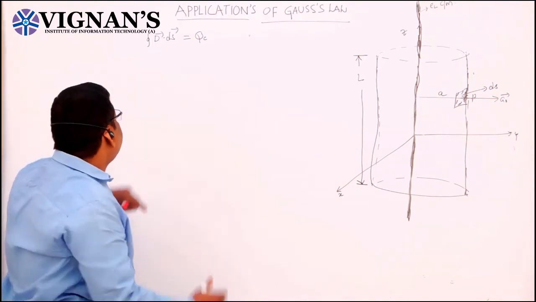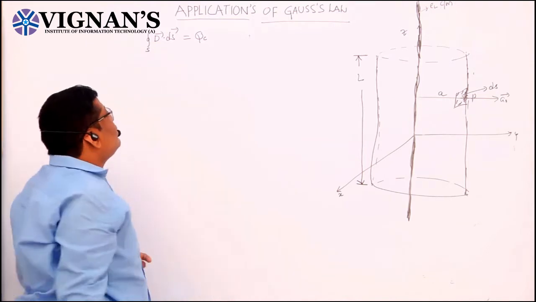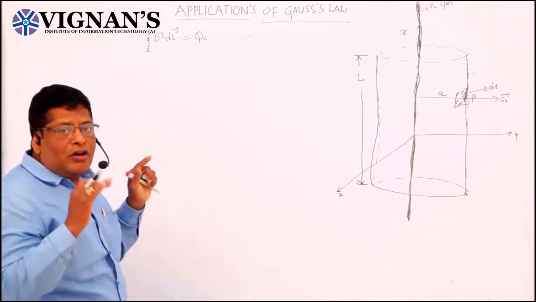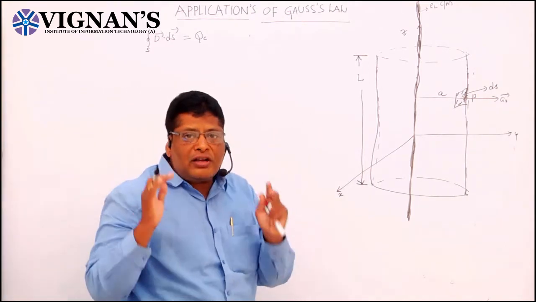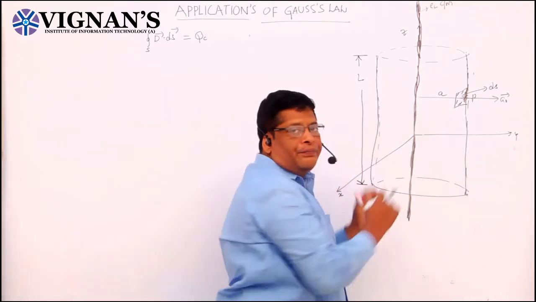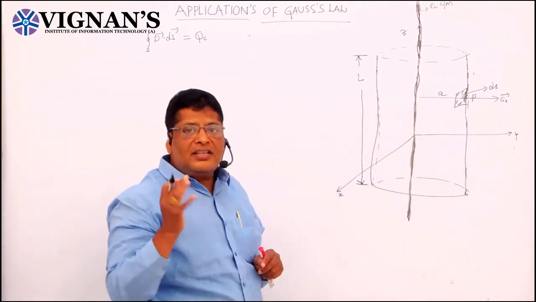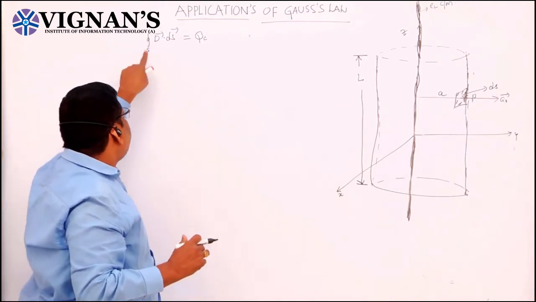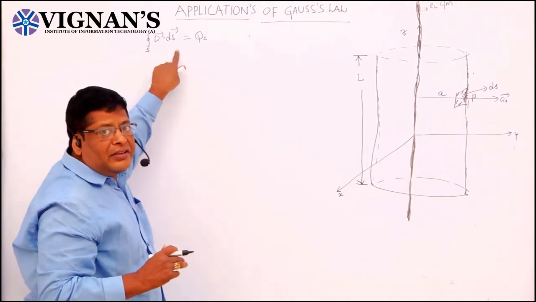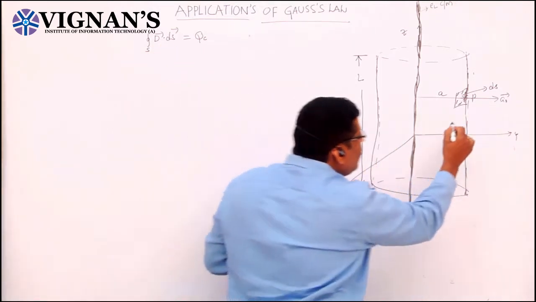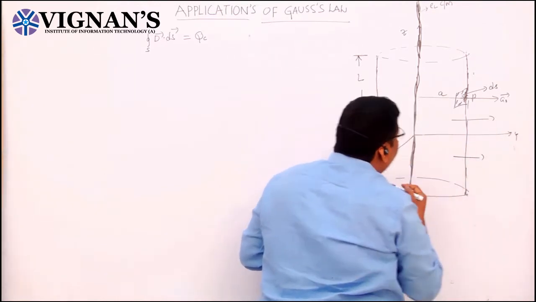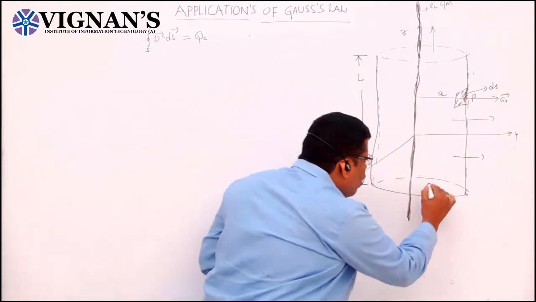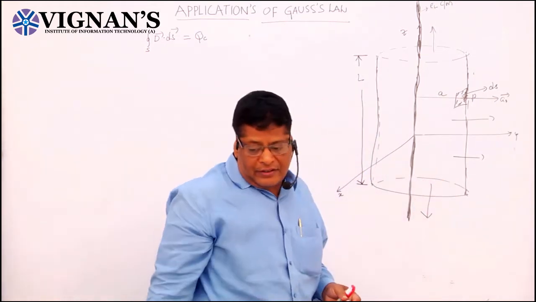See here, this is the closed surface integral of D bar dot dS. The surface we have taken here is the Gaussian surface. In this case, we have taken the Gaussian surface as a cylinder. So this surface integral of D bar dot dS represents how much flux is leaving from the lateral surface, in the same manner how much flux is leaving from the top surface and how much flux is leaving from the bottom surface.